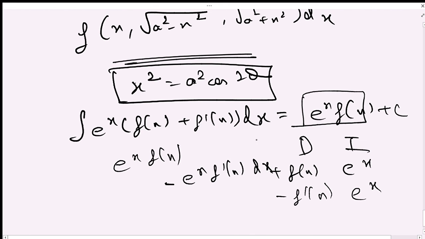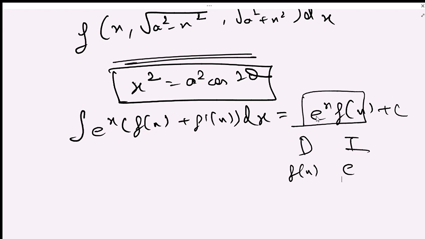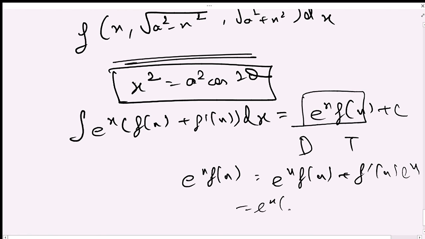Clear? Now what is this? This is the integration of this. But here what we are doing is actually the inverse of this integration. Rather, you can do the differentiation of this and you will get this. It was my fault that I did integration. I got a little bit confused. I'm so sorry. So e to the power x f(x), you can easily differentiate it. Product rule: it becomes f dash x times e to the power x, you take e to the power x common and you get f(x) plus f dash x. Clear? I'm sorry, I just got a little bit confused.